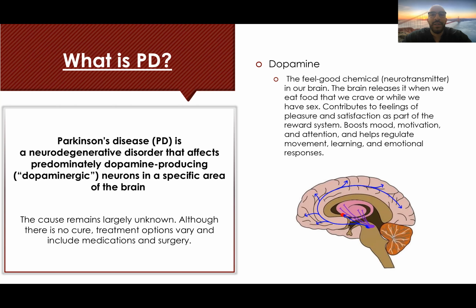So the cause of this lapse or neurodegenerative disorder is unknown. So we don't know what exactly causes the dopamine to stop being produced, or for the part of the brain that releases and creates dopamine to stop. But we also know there is no cure. But there are several different types of treatments and medications that are available to manage the side effects caused by a lack of dopamine.